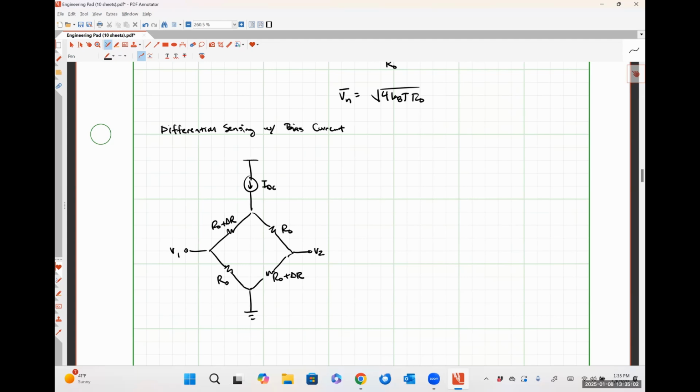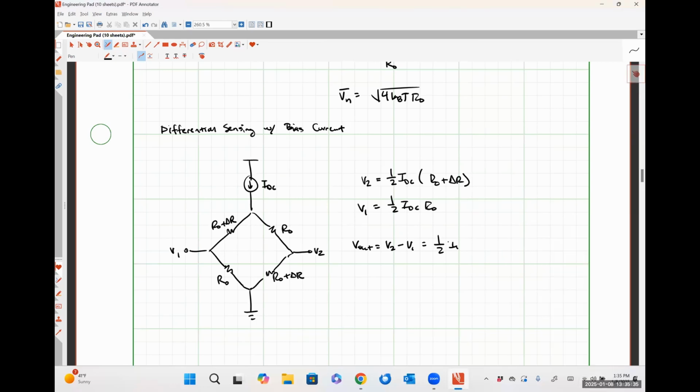So our current IDC should literally just divide evenly among these two paths, right? So from this, V2 is just going to be 1/2 IDC times R naught plus delta R. V1 is going to be 1/2 IDC times R naught. And so our output voltage, V2 minus V1, is just going to be 1/2